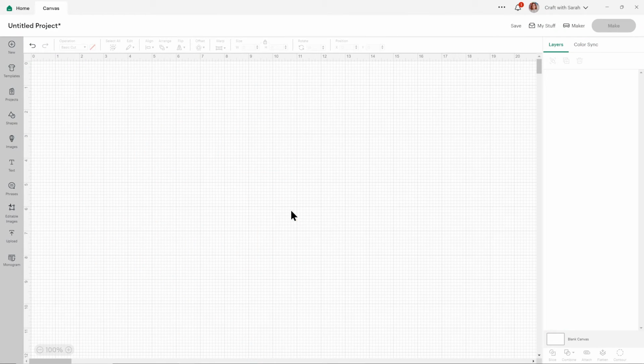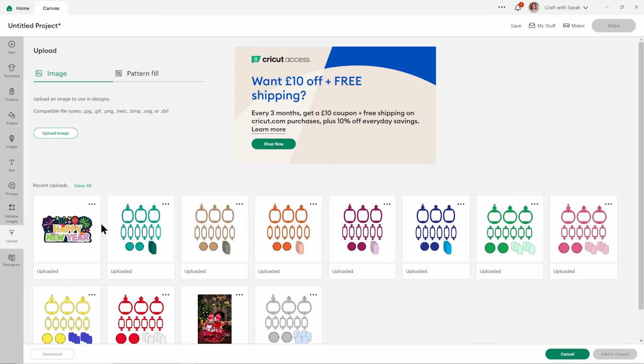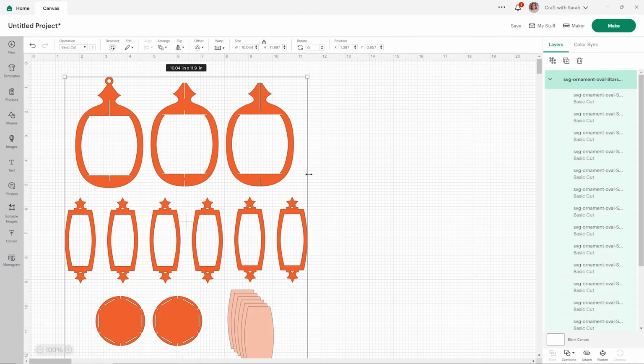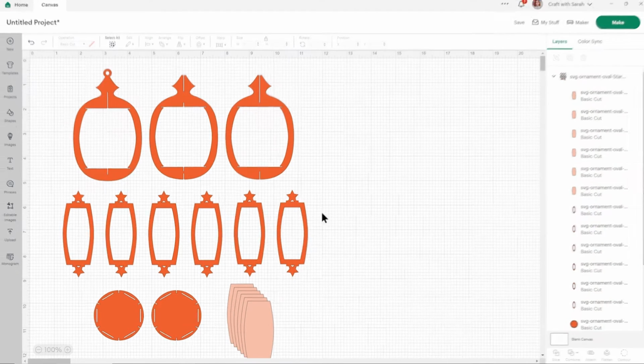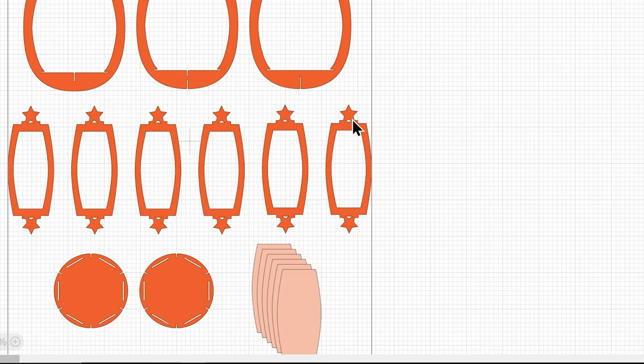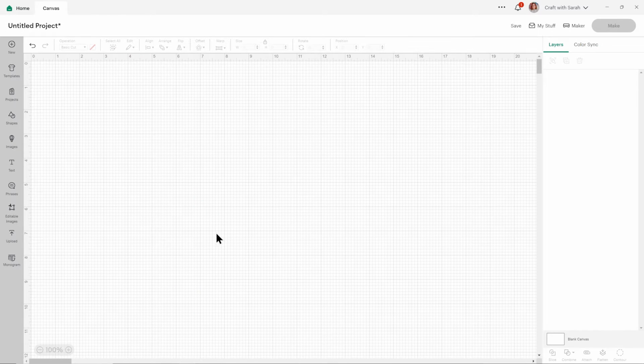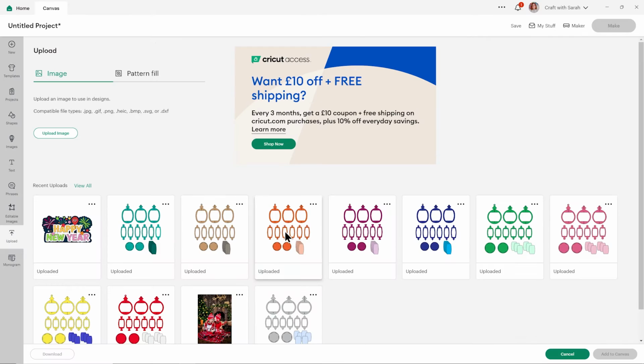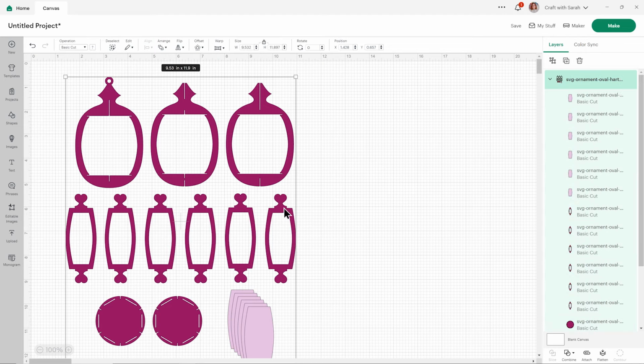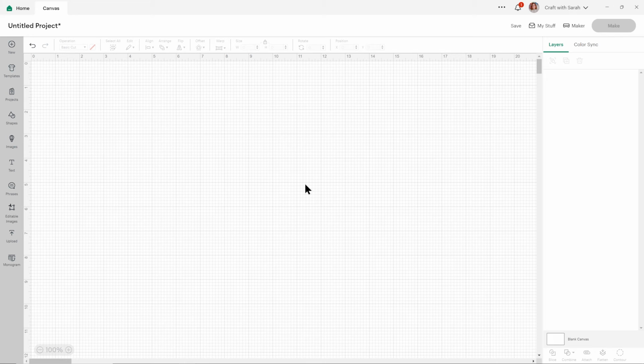But if I delete that one and then choose the star, everything else is exactly the same apart from this time, instead of that Christmas tree, there's a little star shape above each of the sides. And I've changed the colours too, just to make it a bit clearer which one's which. So that's the reason there are 5 different ones. It's just to give you that extra little bit of customization. Let's just look at the heart one. There you go. So you get the picture.